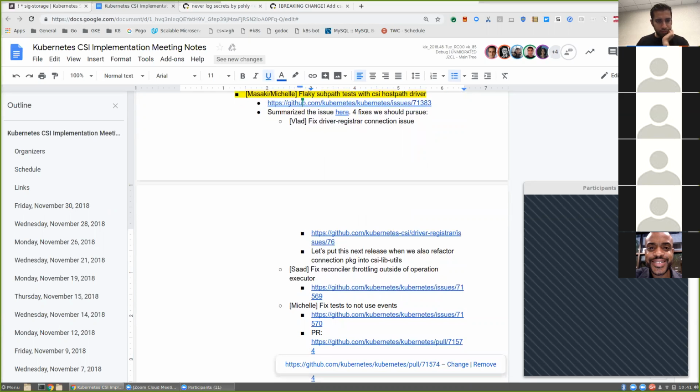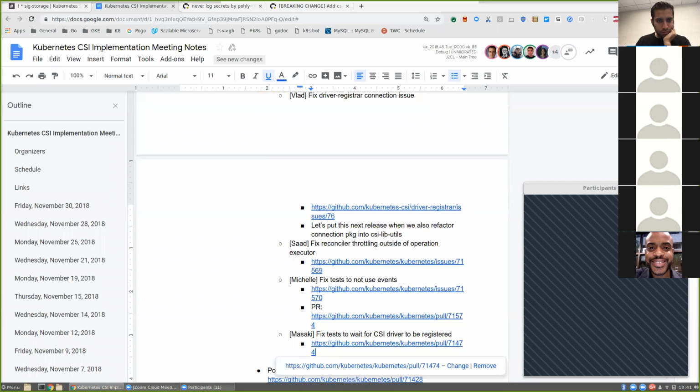I think Vlad is working on the driver registrar connection issue. Saad is looking into fixing the volume manager throttling. I am working on changing the tests to not use events.